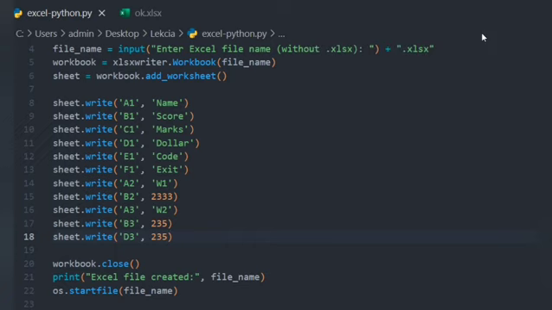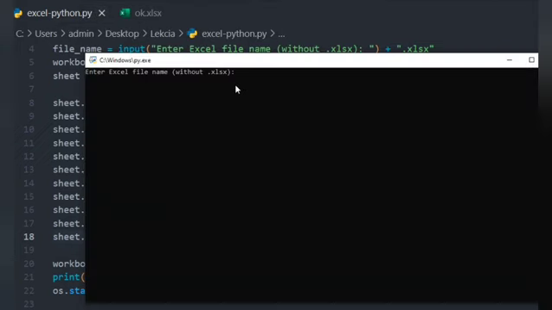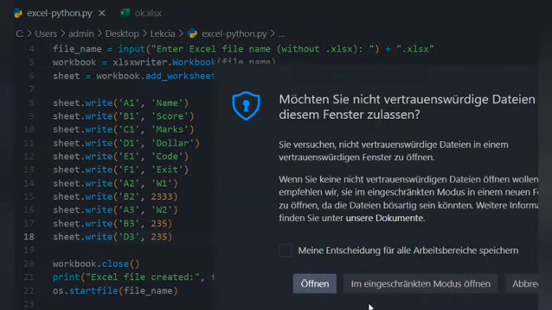If you run your code, you will come to this, as you can see here. We will open an external app. You will enter the file name and you have here